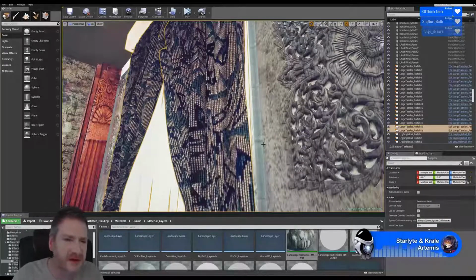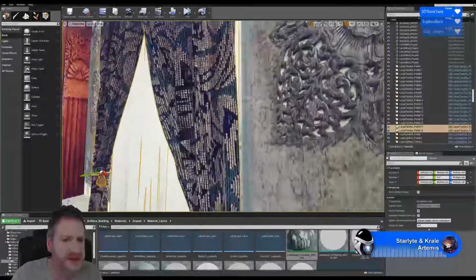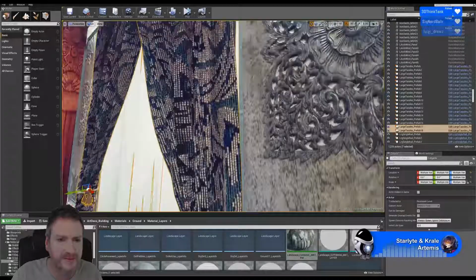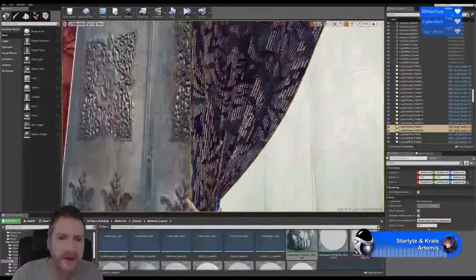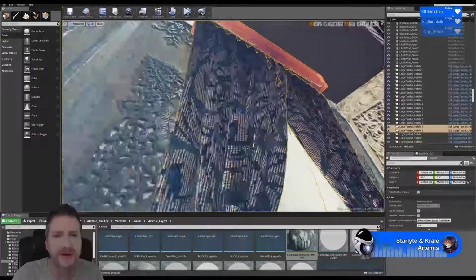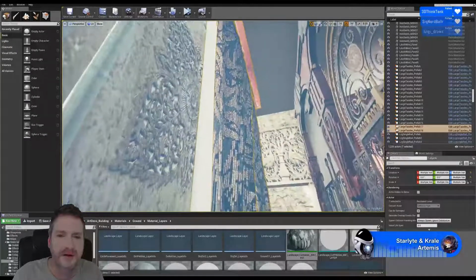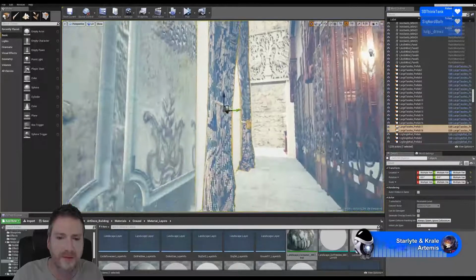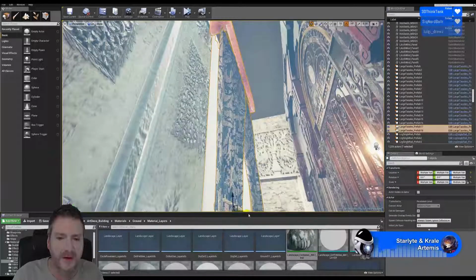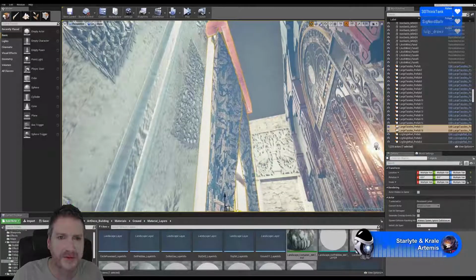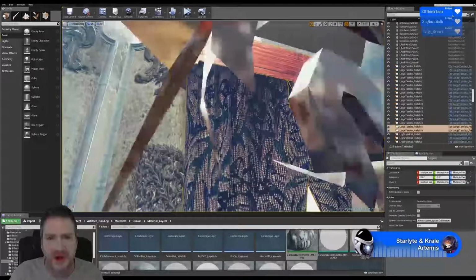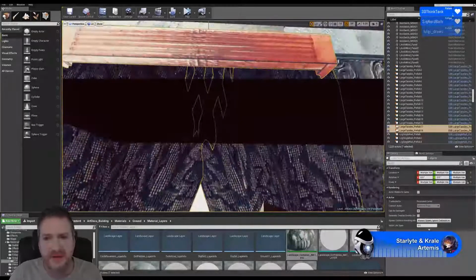I'm wondering whether we should bring... No, I was going to say whether we should bring 2 more columns in, but I think more columns along here will just get too busy. Stop getting in the way. Push that back. We're going to have to make some adjustments here to our